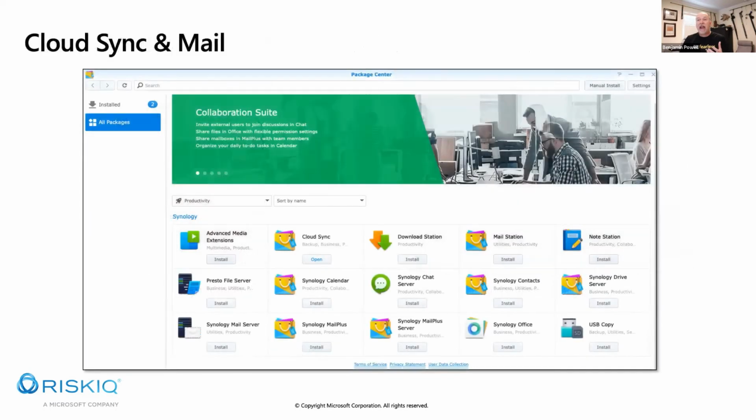Now, when you look at these different types of devices, I went into my Synology and said, hey, what type of services run inside of these devices? And I noticed that I have cloud sync, I have a way to download, I can copy a USB drive. So if I had a soldier that had information, he can plug it into the Synology and it would copy up and go everywhere, or I can download data to those.